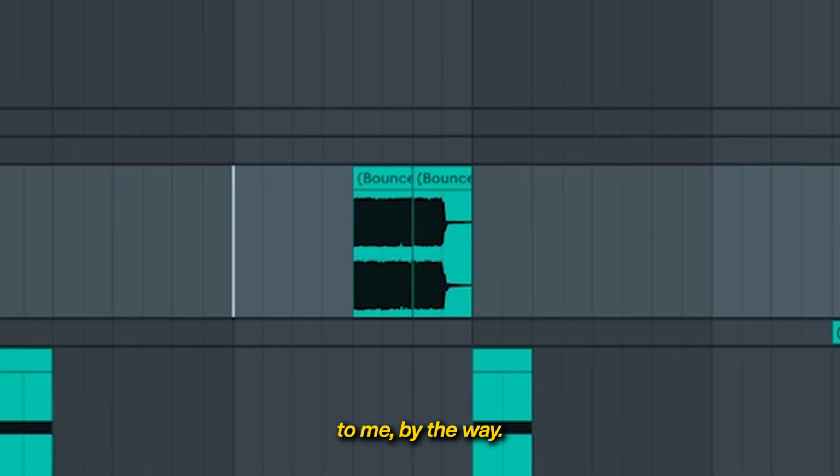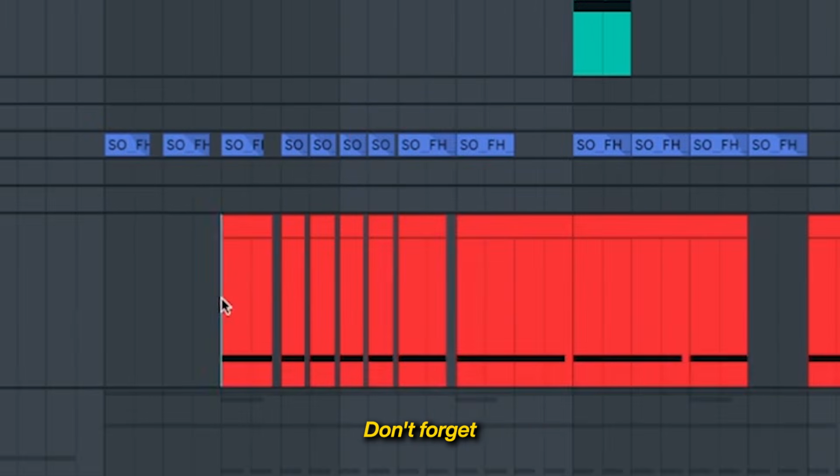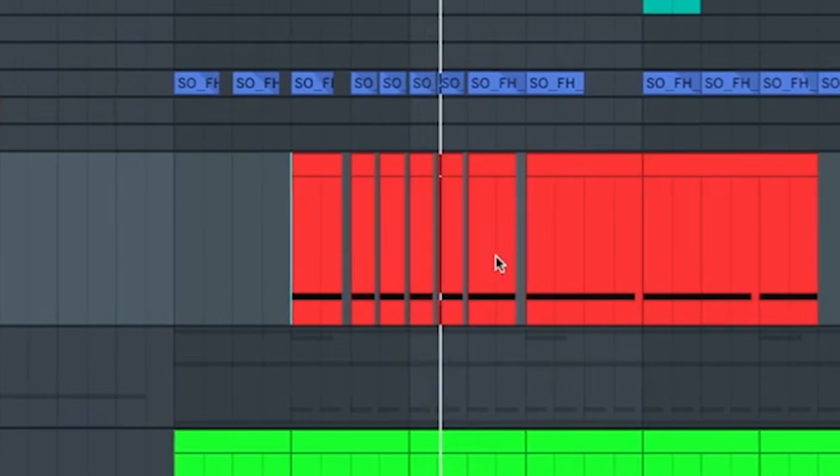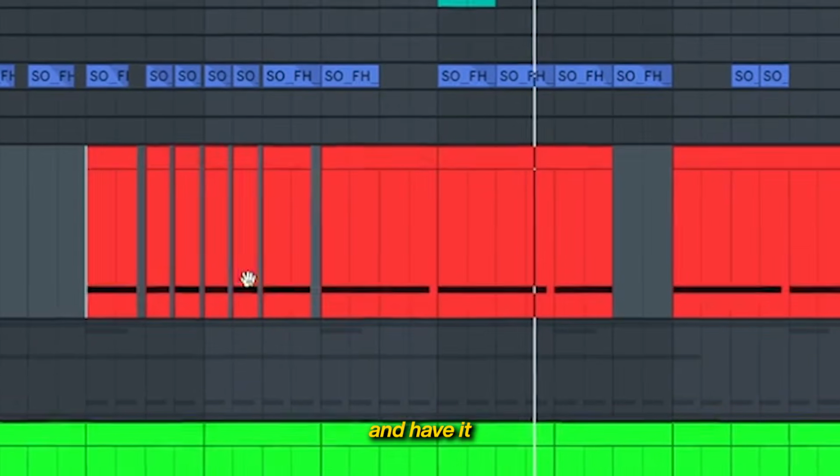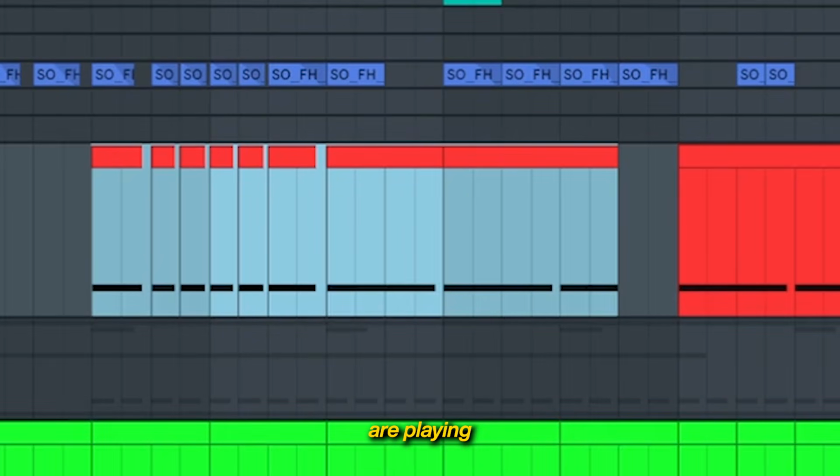This has never happened to me, by the way, just heard it from a friend of mine. Don't forget to add the sub bass and have it play the rhythm that your basses are playing. And altogether,